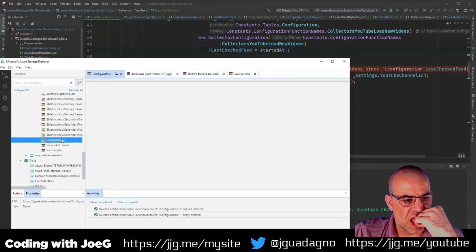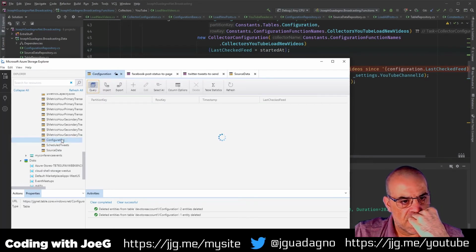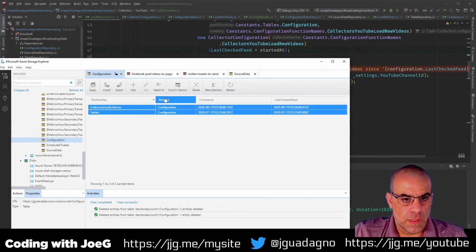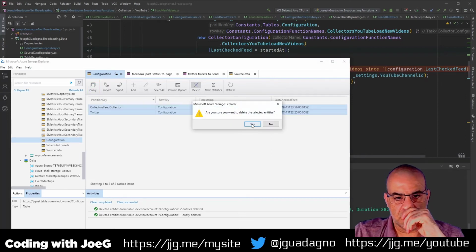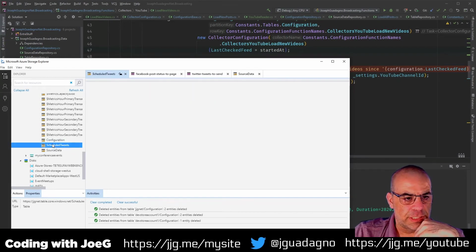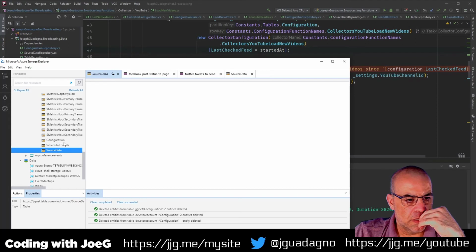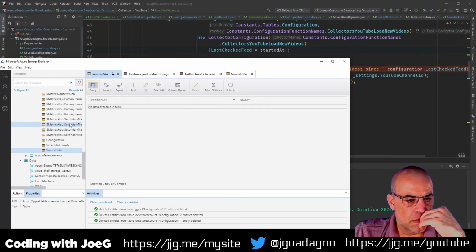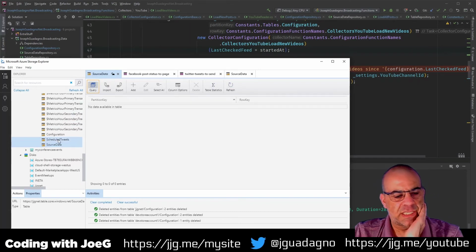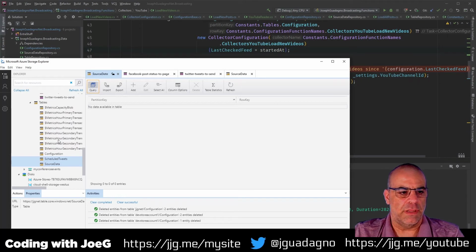Configuration. Delete those. Schedule tweets is something I'm working on. Source data. Oh, there's nothing in source data yet. Oh, because this hasn't been working yet, and I haven't done the everything post, which is something I could do.